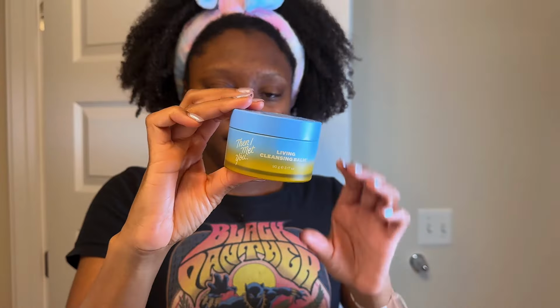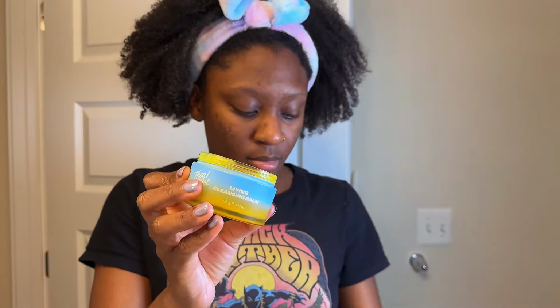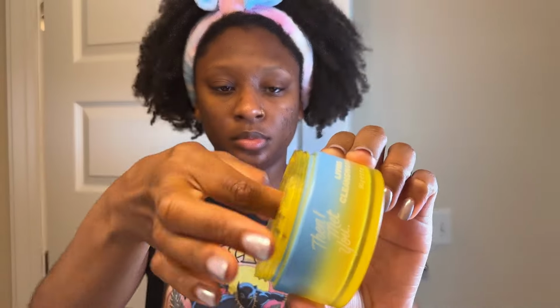So then the PM is probably my favorite part, and this type of skincare, this is going to change based on the day, and it does change every so often, but just my very basic, no chemical, no actives. I will go in with my double cleanser, the Then I Met You cleansing balm, one of my favorites. Although I will say this time around, it's starting to develop a smell, and I'm not sure how I feel about that. And then I went back to a holy grail of mine, which is the Youth to the People